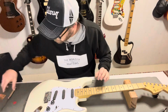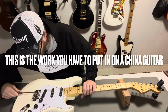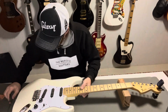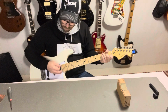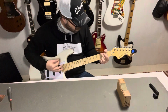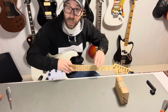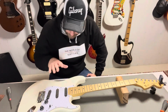Let's focus on the intonation. So let's tune this up again. Yeah, so it's better now. It's not where I want it. Maybe the action is a little bit too low and I have to do the intonation again. For now it is playable at least, but I will come back to you and I will change the tuners,